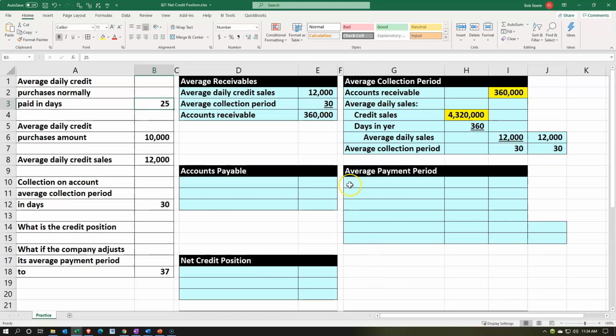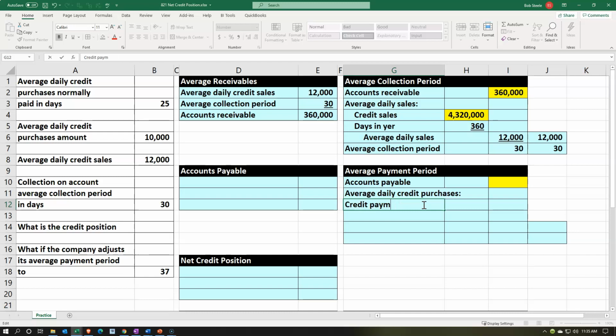So that would be something like, we'd start off with accounts payable divided by the average daily credit purchases. So I'm going to say, all right, accounts payable divided by the average daily credit purchases. This is the unknown again, so same kind of format. We don't know this. And then I'm going to say we would normally calculate then the average daily credit purchases. They gave us this number here, the daily, but oftentimes they might give us the yearly purchases, and we'd have to figure the daily purchases, which would then be the credit payments, or the credit,